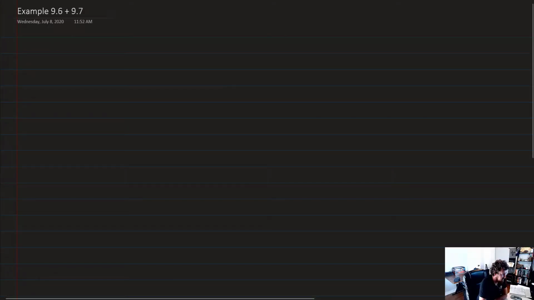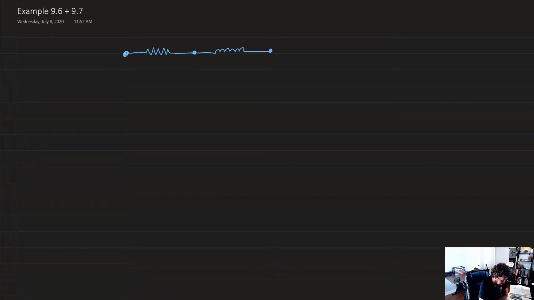All right, this example gives us a really simple circuit. It's got just a resistor connected in series with an inductor. The value on the resistor is 100 ohms, and the value on the inductor is 50